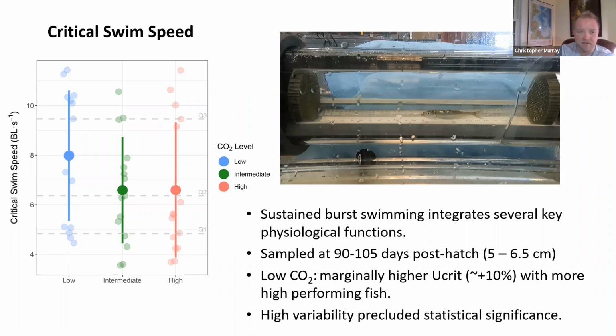I think this mostly speaks to the fact that swimming herring in swim flumes is very challenging. And even though I swam 45 fish for the study, I had to practice on dozens before I got a good methodology down. So despite not finding a significant effect here, I think maybe with some refinement of methods, we might be able to look for more subtle effects and the chronic effects of acidification in juvenile herring. So here's just a quick video of what the little herring in the swim flume looks like. And this guy's swimming about as hard as a little juvenile herring can.